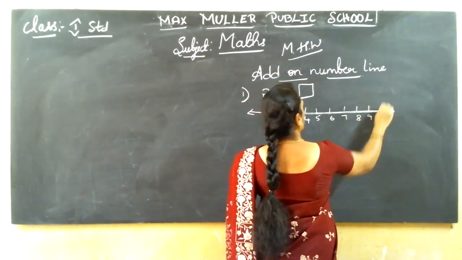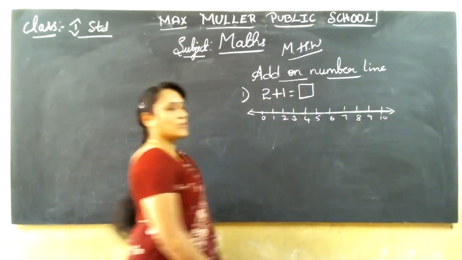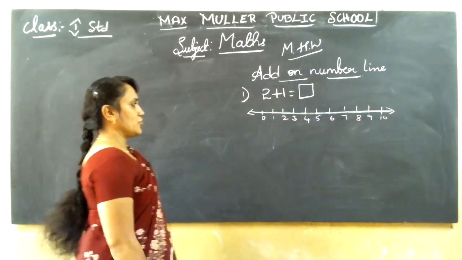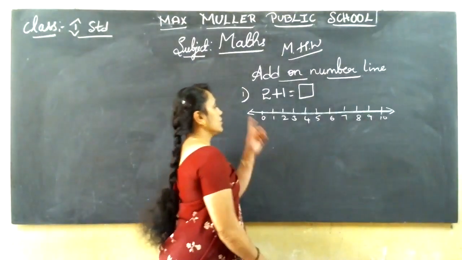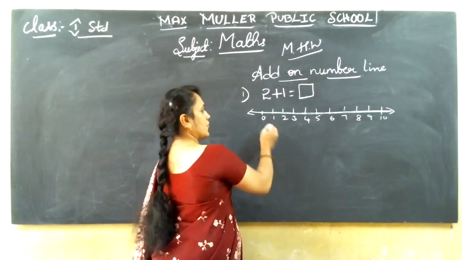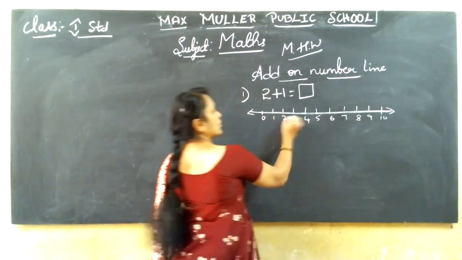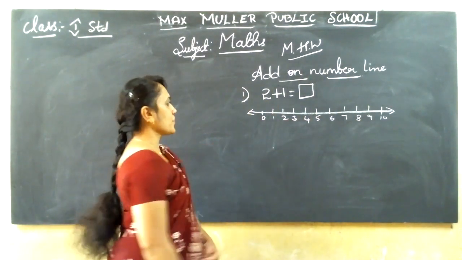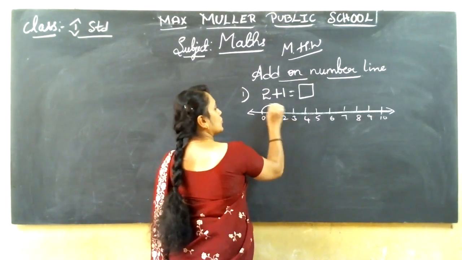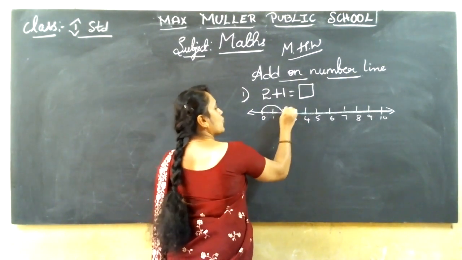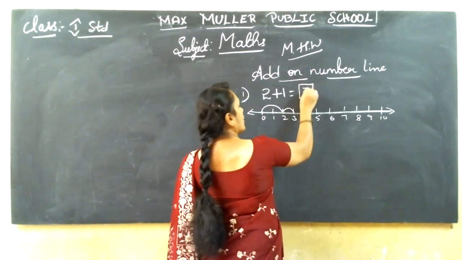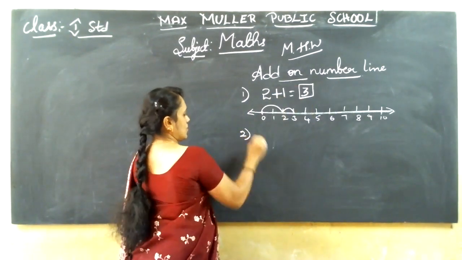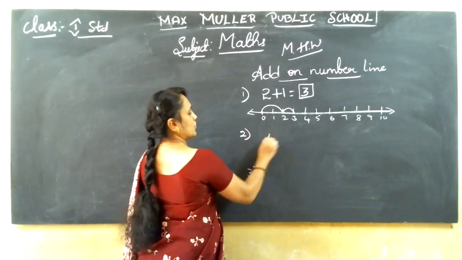7, 8, 9, 10. Okay, like this. Number line you should draw. How to draw the number line? Do you remember? I told you. Straight line, then 2 arrow marks. Then start from 0 to 10. In between, leave a finger space gap. Okay, first number 2, 0 to 2. Second number 1 step, 1 step from 2. 2 to 3, 1 step. What is the answer? 3. Like that. You should do the second and third sum. Okay.